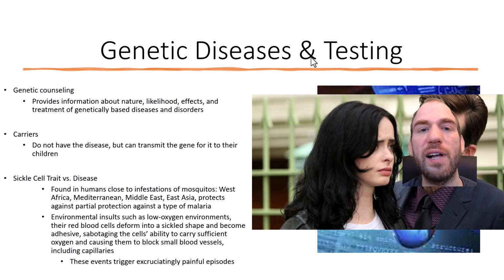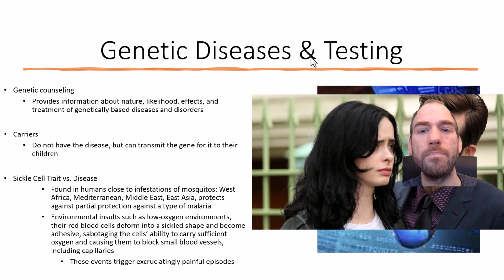So sickle cell trait is a classic example here of an adaptation, really. This is providing a partial protection against certain types of malaria found traditionally, as stated, close to infestations of mosquitoes. So West Africa, the Mediterranean, like Italy, the Middle East, East Asia. The idea here is that you can see, theoretically, an evolutionary process occurring, wherein human populations close to this insect are dying from malaria, and then develop certain biological adaptations to try and prevent that death from occurring.